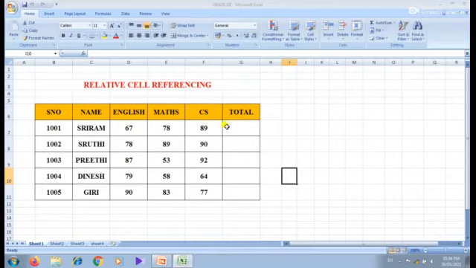How can we find it? We have to add these three marks to get the total marks of each student. So how will we do it? See here, we have to press the equal sign. Don't forget, student, every formula used in MS Excel must begin with an equal sign.